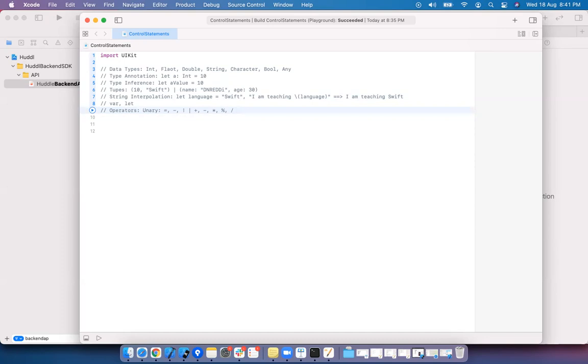And we also have logical operators, that is logical and, logical or, double equal to, not equal to, less than, greater than. And we have the conditional operator.